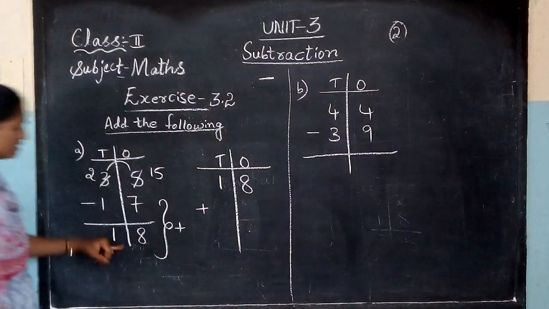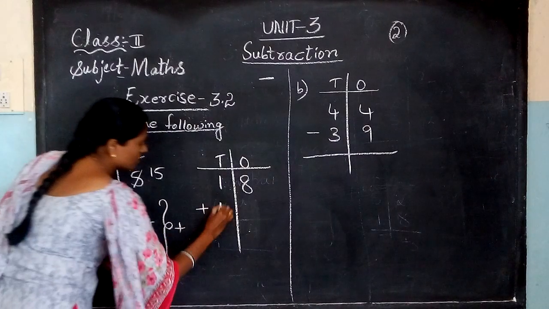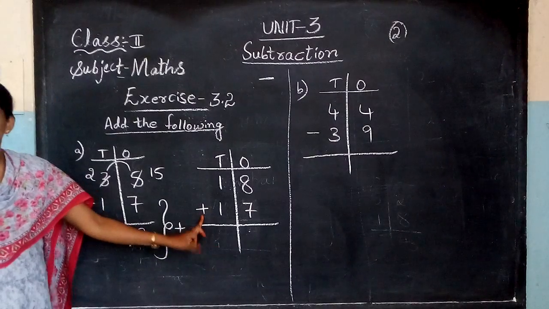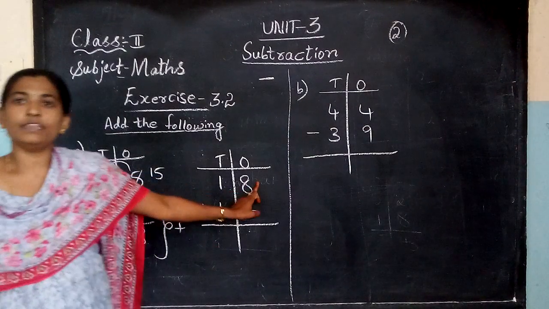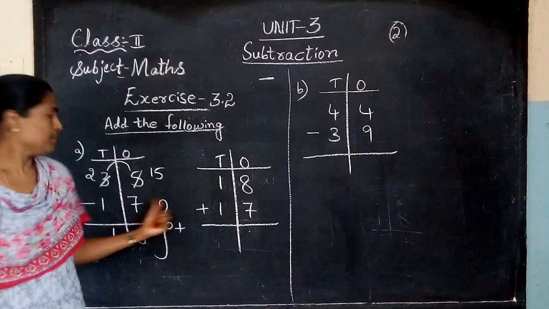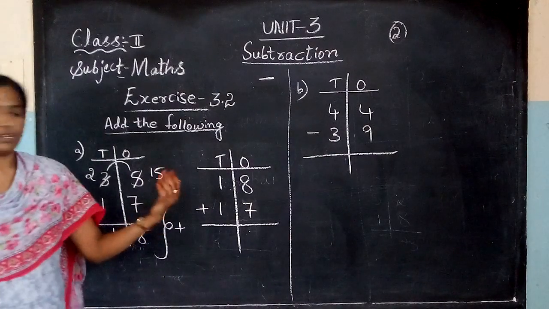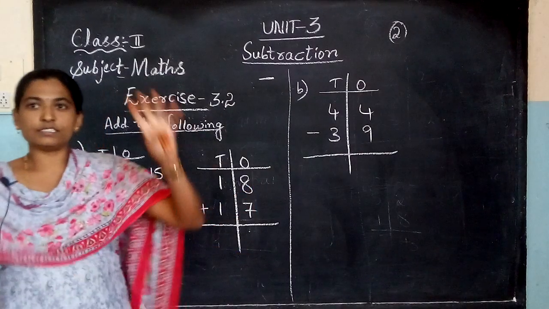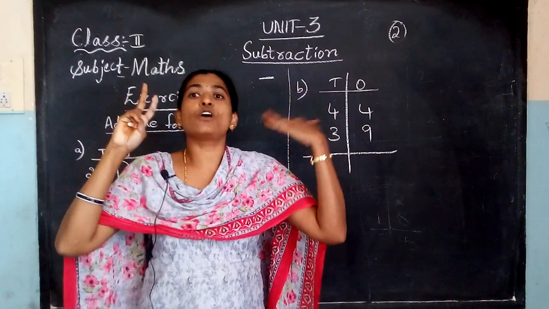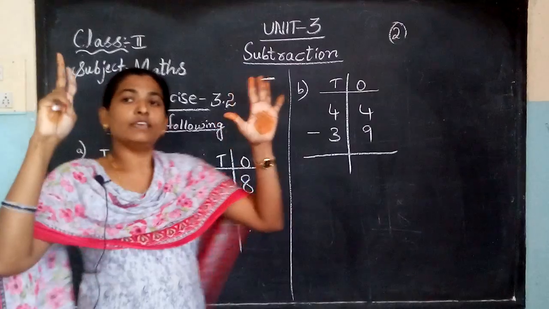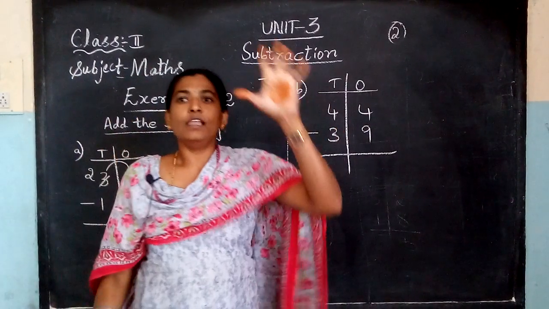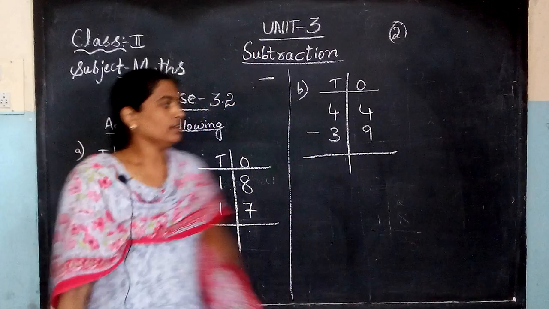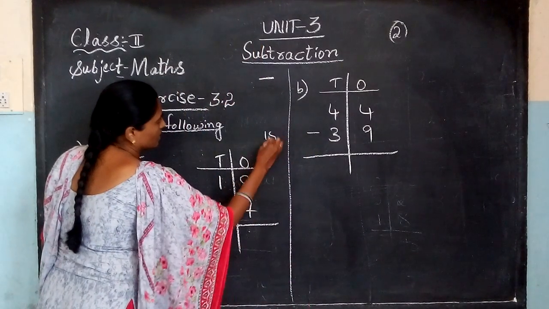Plus, and what is up number? 17. Now these 2 you should add. That means plus. 8 in the mind again. Don't be confused here. In minus you counted before. Now in plus you have to count after. Now 8 in the mind, again 7 in your fingers. You have to count after 8: 9, 10, 11, 12, 13, 14, 15. You got answer what? 15.